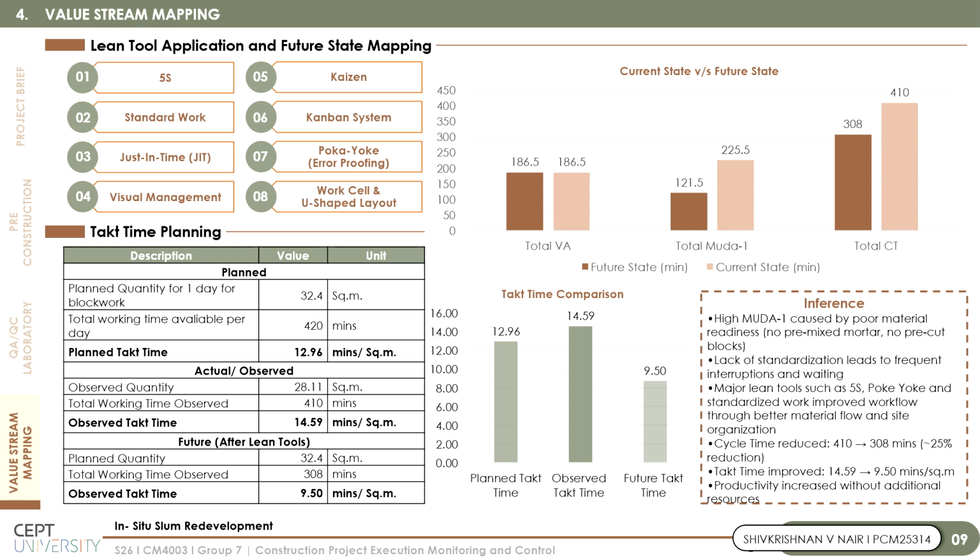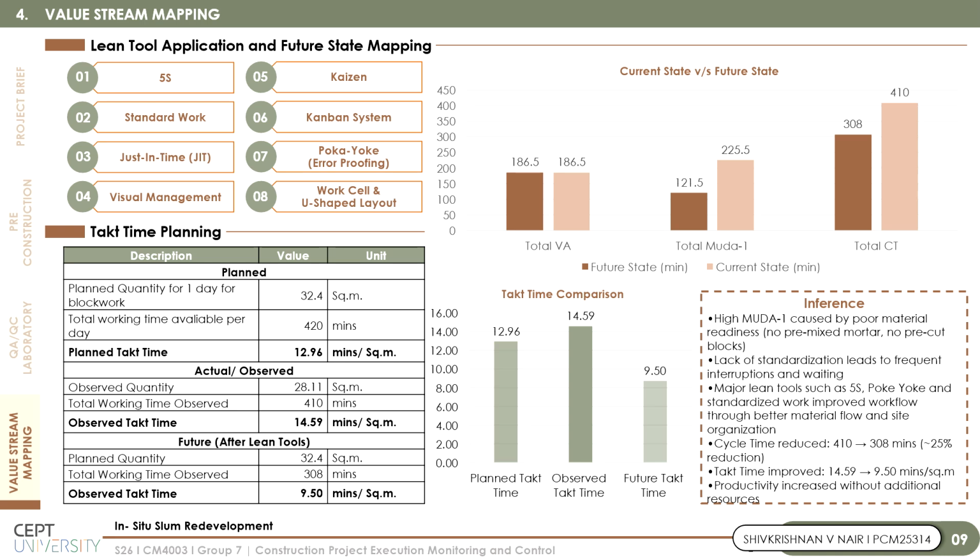After the implementation of lean tools, the future state mapping reduced total cycle time from 410 minutes to 308 minutes, which is nearly a 25% reduction. The takt time improved from 14.59 to 9.5 minutes per square meter without adding additional resources. The study demonstrated that proper material preparation, workflow standardization, and organized site coordination can significantly improve productivity and reduce waste